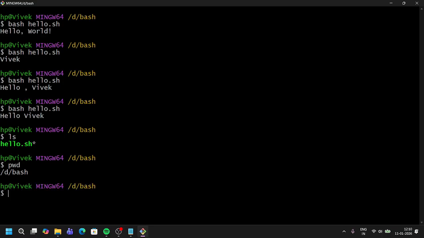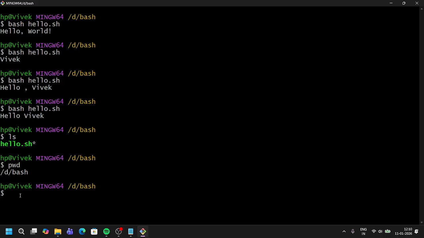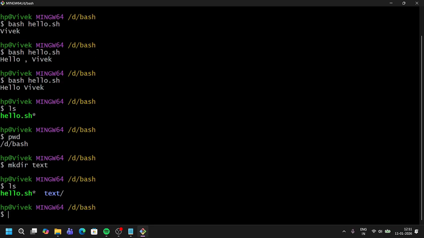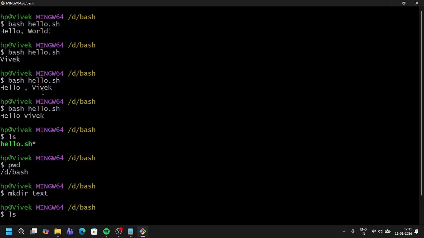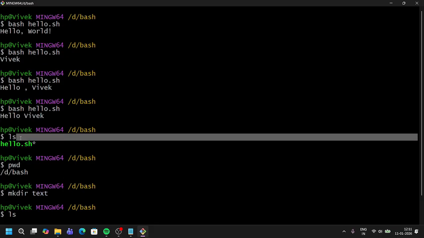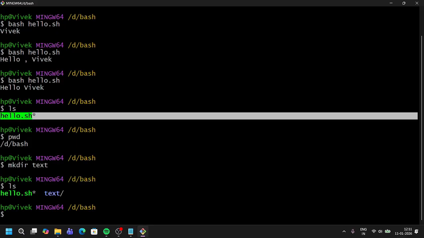If I use pwd, it shows the current directory, d bash, and this is my current directory. If I use mkdir and give a folder name, test, so mkdir test, and then ls, it shows hello.sh and also the directory test. The first time we ran ls it showed only hello.sh, because we had created only one file.